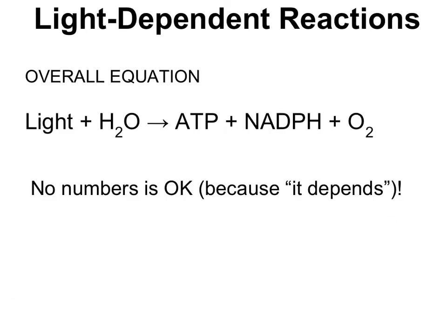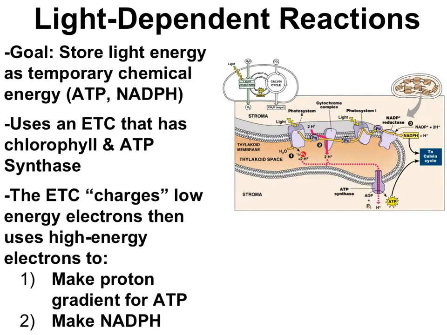If we had to make an equation for the light-dependent reactions, it would look like this. Light reacts with water to make ATP, NADPH, and oxygen. It's okay to not worry about the numbers for reasons that we'll learn later. Let's peel back another layer of the light-dependent reactions. Remember, the goal is to harvest light's energy and temporarily store that energy as chemical energy in the bonds of